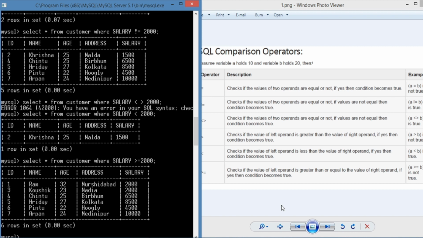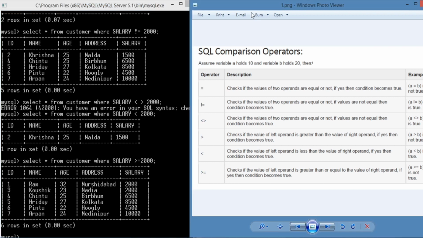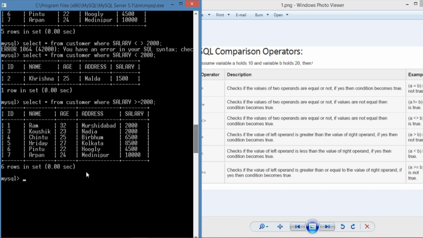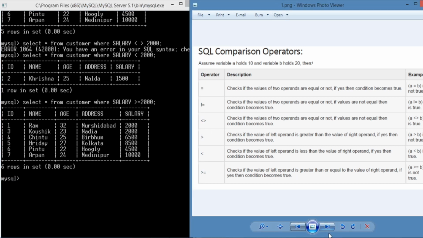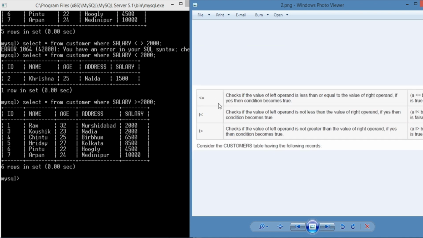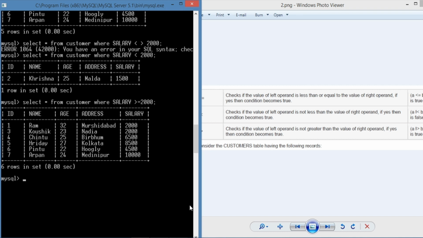Now I perform the less than equals to operation. See the results. Ram, Krishna and Kaushik have a salary less than or equal to 20,000.